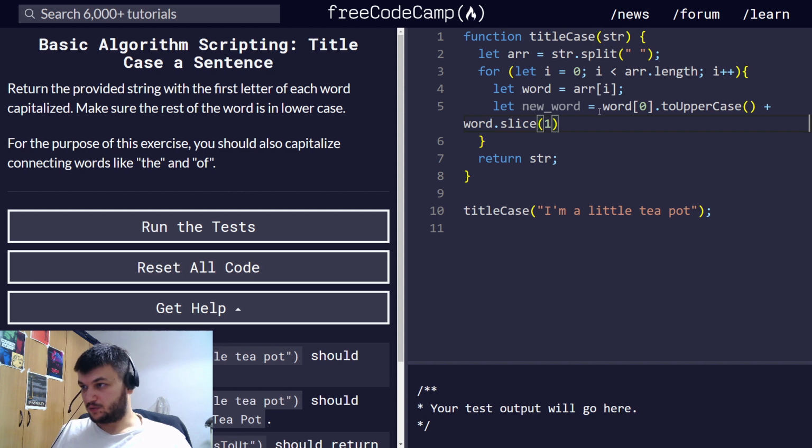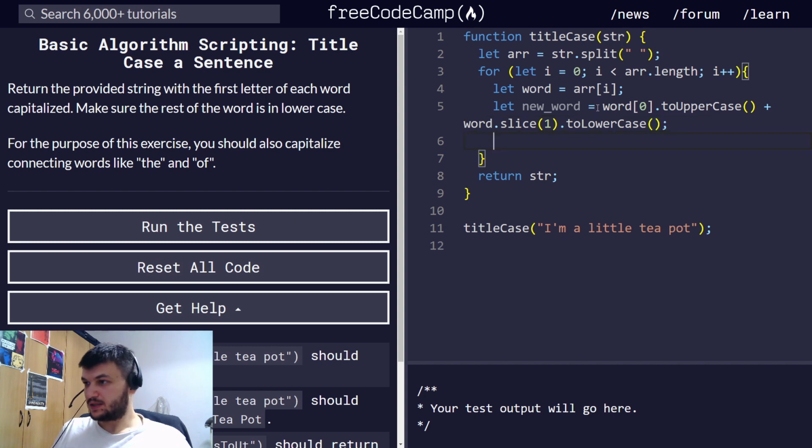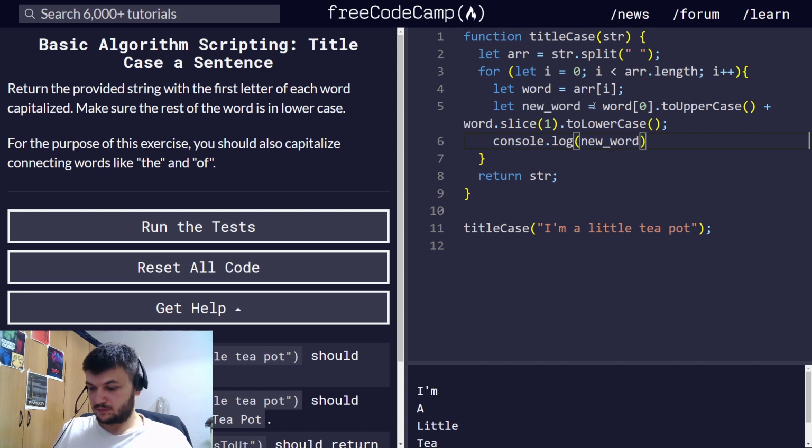We don't have to give the second argument. And this one toLowerCase. Let's see. Let's console log this. Log new word. Okay, this one seems to be working. Now, in the end,